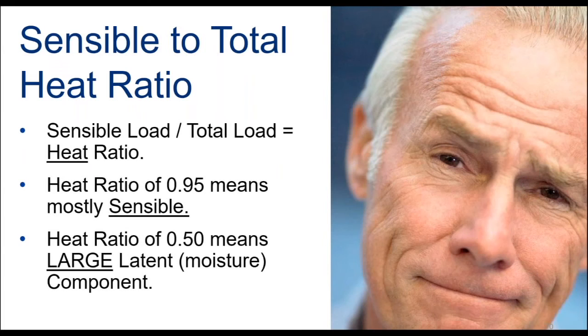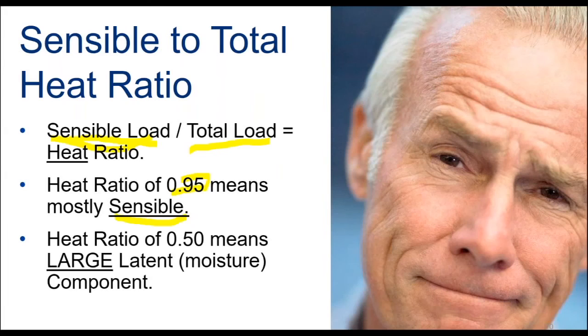One last line on the chart I'd like to talk about is the sensible to total heat ratio line. In order to know what this line is, you have to know your sensible load of the room and your total load, or sensible plus latent to get to total. It is a heat ratio. Sensible being just a part of the load, this ratio is always going to be below 1. If we have a heat ratio that is quite high or close to 1, that means the load is mostly sensible. It helps us understand maybe what the system might be.